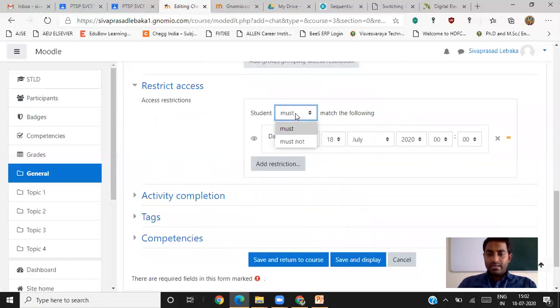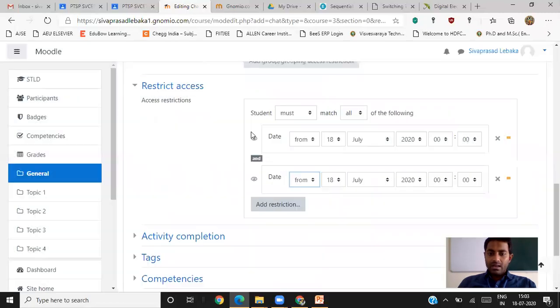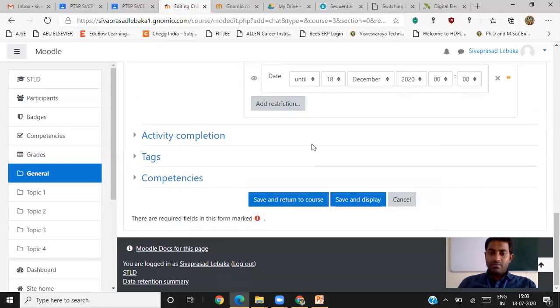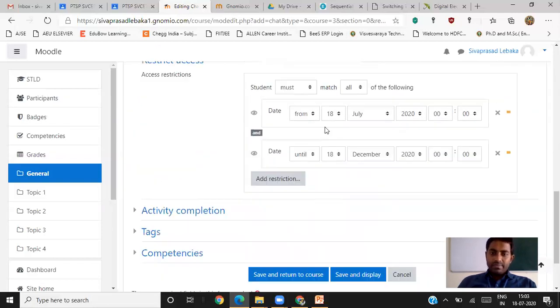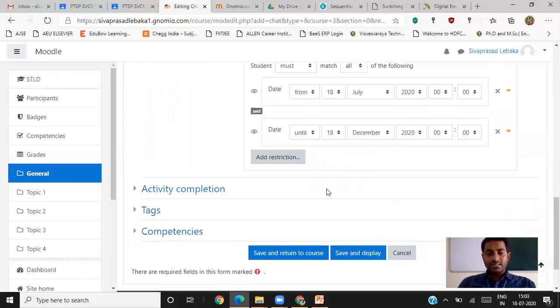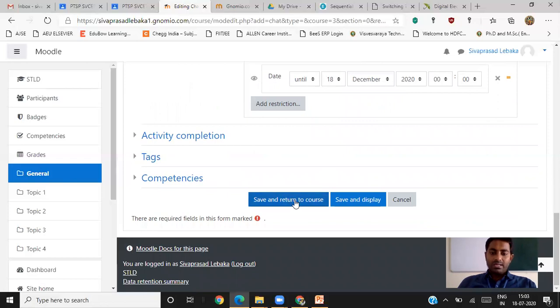So you can click on date restriction, from suppose 18:00 hours, and add restriction until 18th December 00 hours. This chat box is available for the students from what time to what time, that we can set here, and we can simply click on save and return to course.